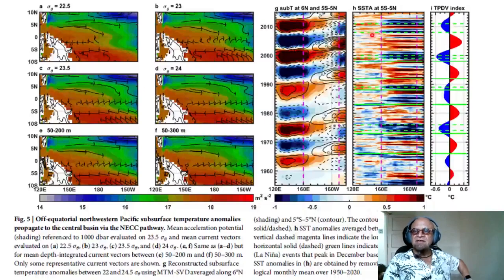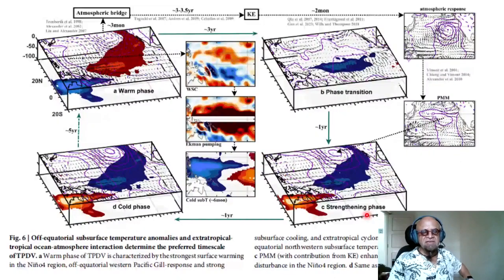So this is the idea, and corresponding sea surface temperature anomalies in the deep tropics between 5 south and 5 north, and the TPDV index here, you can clearly see the shift and the time scales that we talked about, 10.3 years. So basically it's a range of 8 to 16 years, let's say. Okay, so what does it tell you? That basically these processes are argued to work with the combination of reanalysis, which can be assumed to be data,